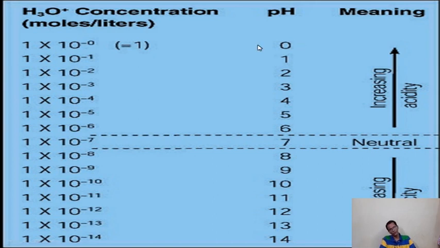So this table, the pH value indicates 0 to 14. What does it indicate? From 0 to 14, as pH value increases, basic character increases, but acidic character decreases. The higher the pH value, the more basic the character, and the lower the acidic character. This is the conclusion regarding pH and the acidic and basic nature of a solution.